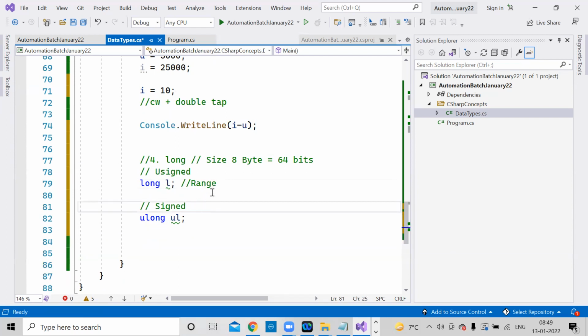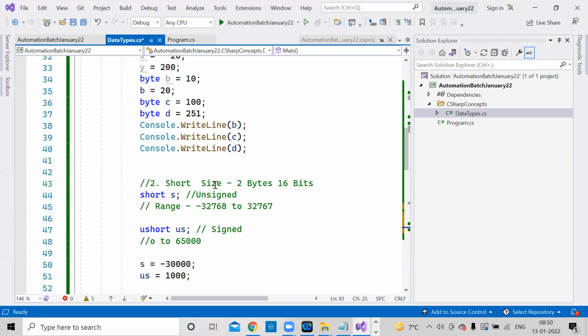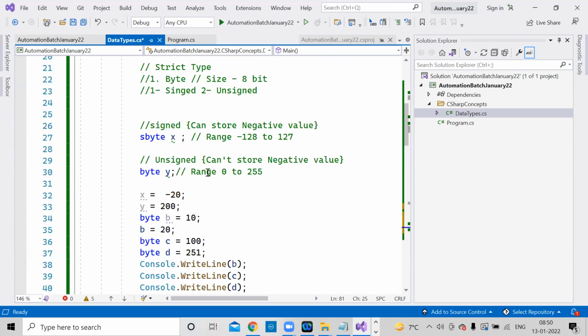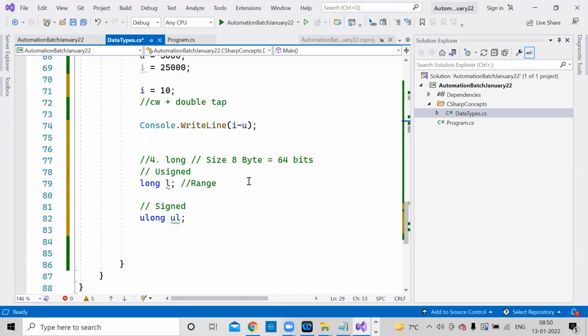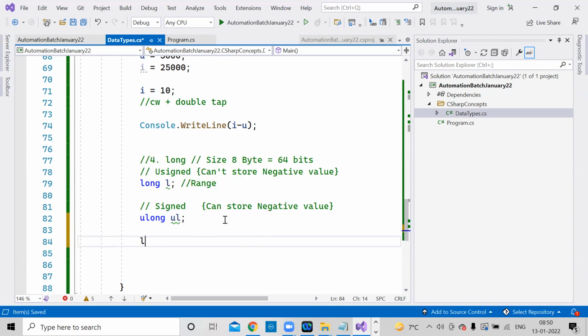in unsigned, as I already told you, you need to remember just one thing about signed and unsigned. In unsigned we cannot store negative values, and in signed we can store negative values. That is the only thing that you need to remember. Other than that, most of the things are the same. Unsigned cannot store negative values, and in signed we can store negative values. So the range would be